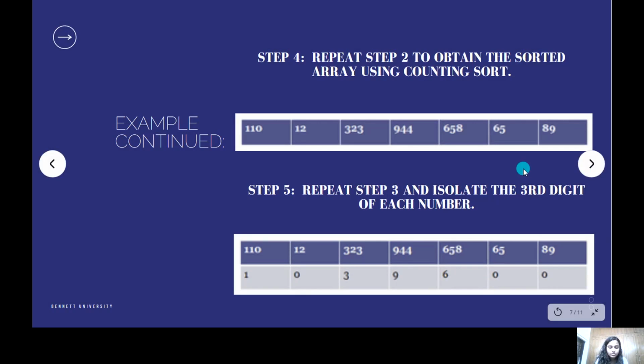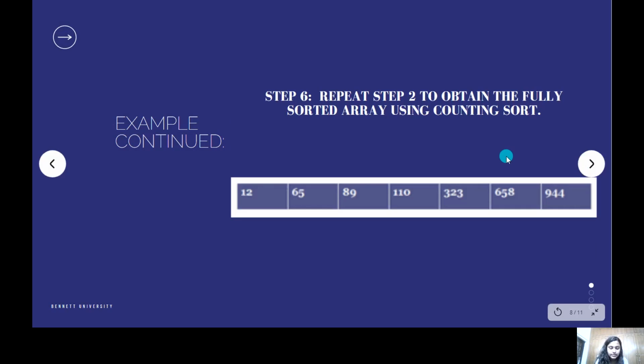And we're going to repeat the same procedure with this new array, and this time we're going to use the first digit as the key. And you notice that there are some numbers without any number in that place, so we'll just use 0 as the key for those numbers. Once that's done, the whole array is gonna be sorted, as you can notice here.